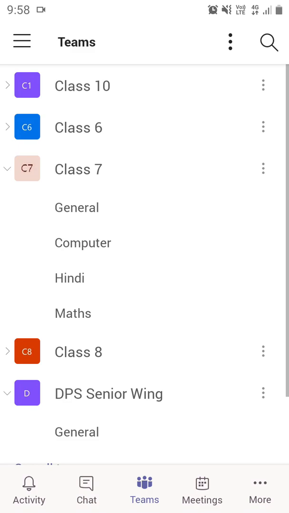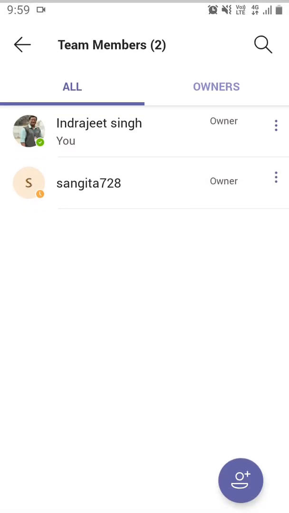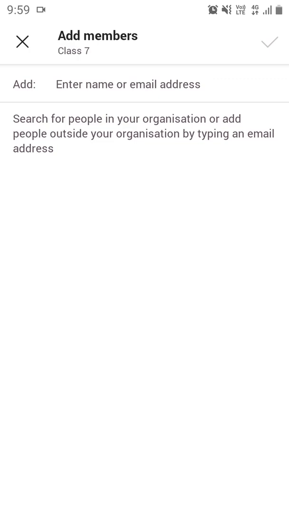Suppose a student, this is class 7, so you can invite only class 7 students. In his account he will be able to see only class 7 because I invited him for class 7. Same thing, if you want to invite him for class 6 also, you will have to invite him for class 6, class 10, class 8 also. Like principal ma'am, I have to invite her for all classes. So I will write her